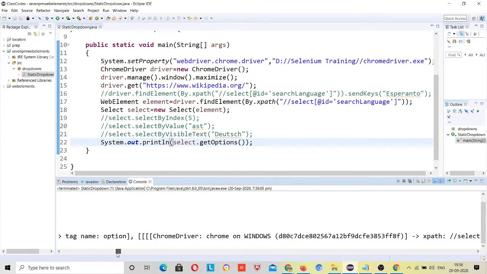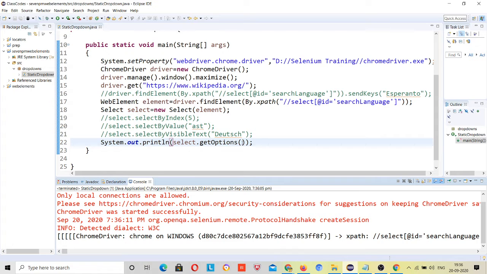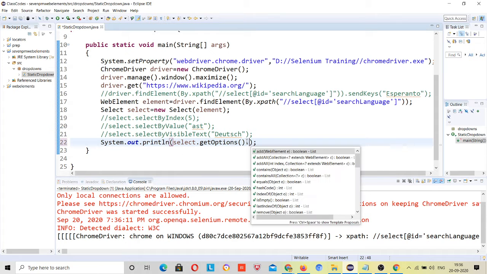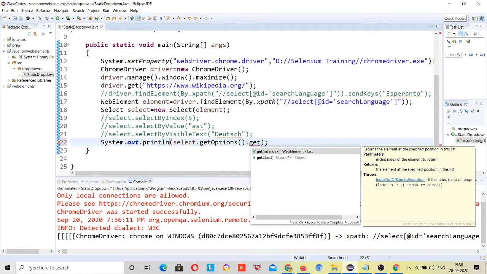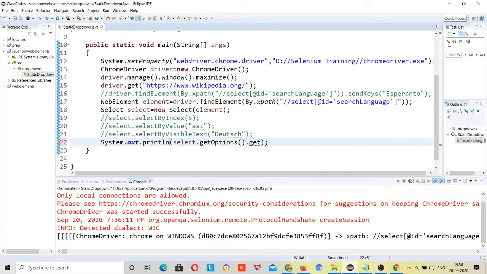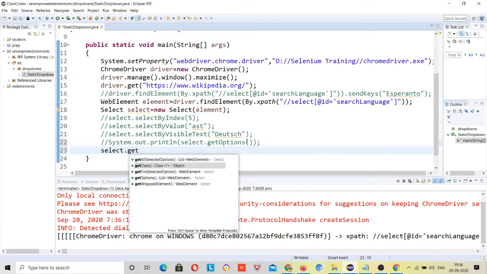See, all options are this. If you use get text from it, comment it. See, you need to store inside a list. Why? Select dot get options.